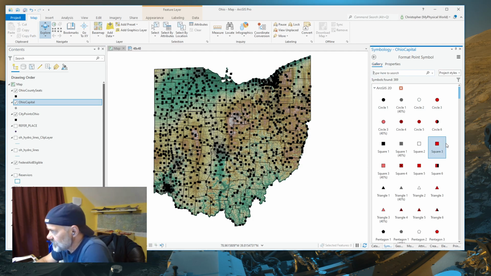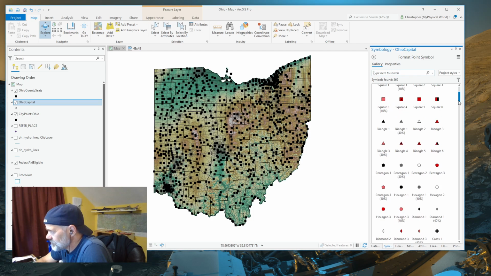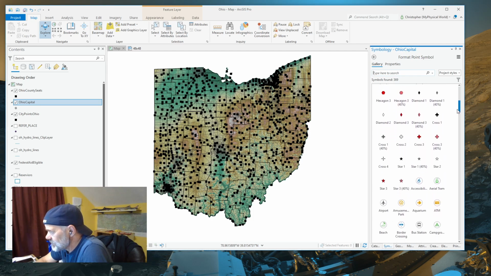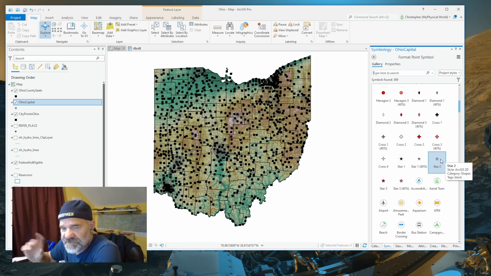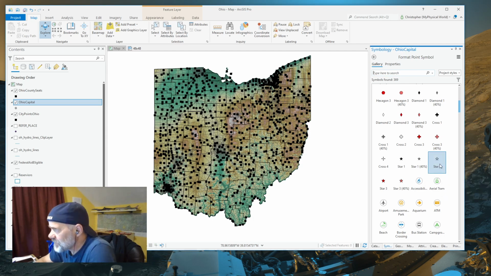Whoops, go to Gallery, and let's see what I can find. I don't know if I can find it right off the bat. In my real map, and in another video, I'll show you how to edit your symbols so you can make them look the way that you want. But for now, I am just simply going to take a black star,